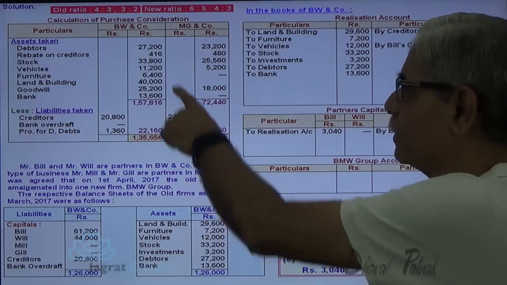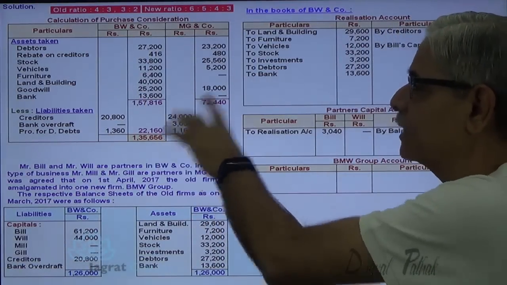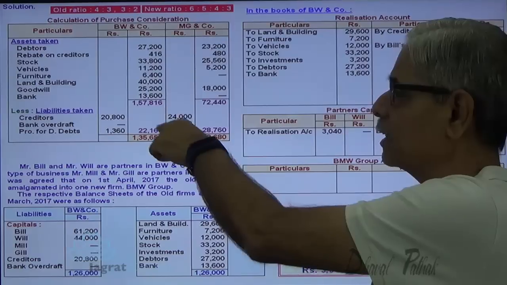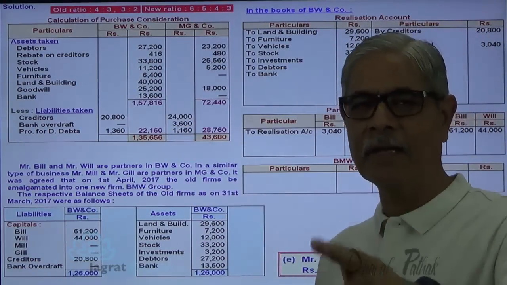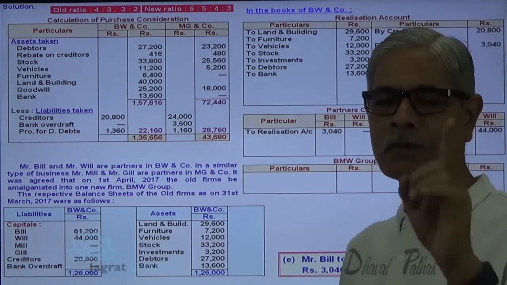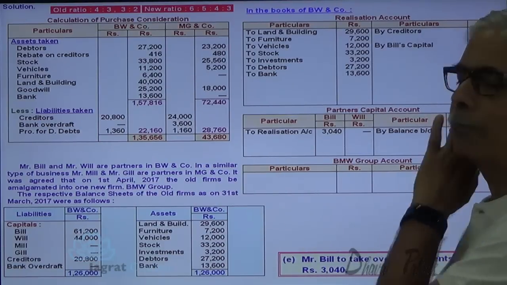Now except investment, all assets are sold. All liabilities are also sold. Now this is a sales value. So this is the purchase price of the business for a purchaser company. This is a sales price for a vendor company. So this sales value will be credited to realization account and that sales value is to be recovered from BMW